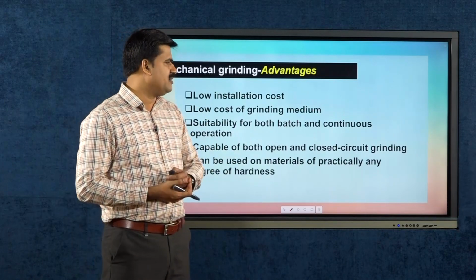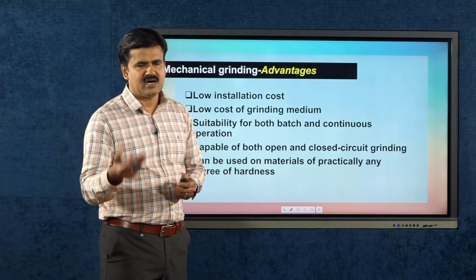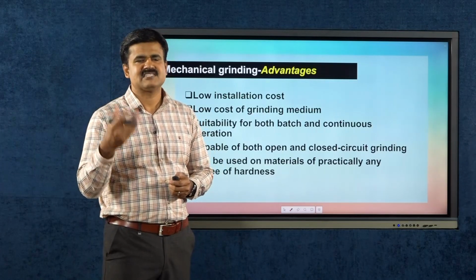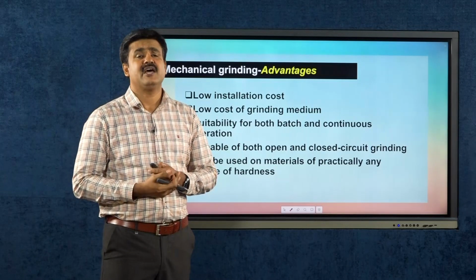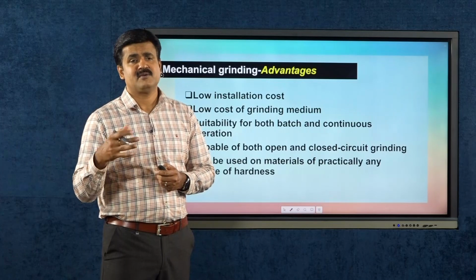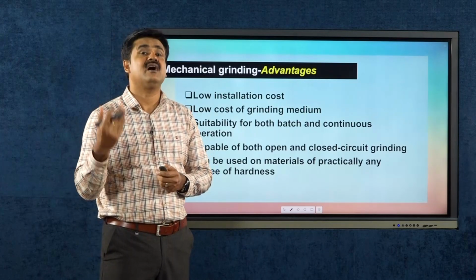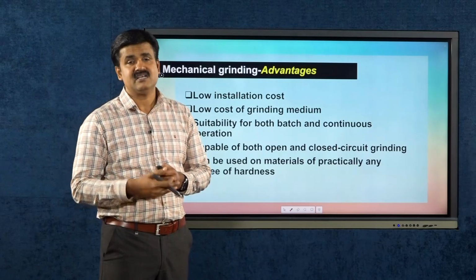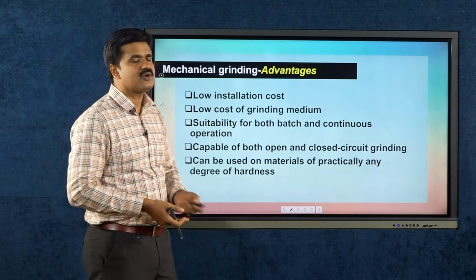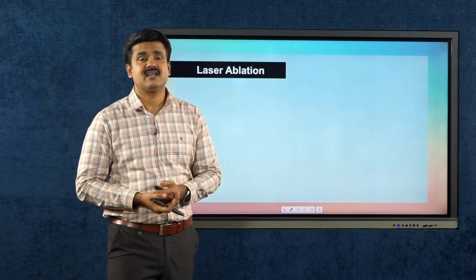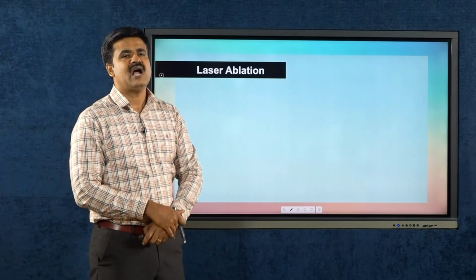It can be used on materials of practically any degree of hardness, that is, materials with low hardness and materials with high hardness, etc. A variety of nanomaterials can be prepared by using different kinds of solid state starting materials, which may be hard, moderately hard, or whose hardness is very low. So these are some important advantages of mechanical grinding, and with this we are moving on to another